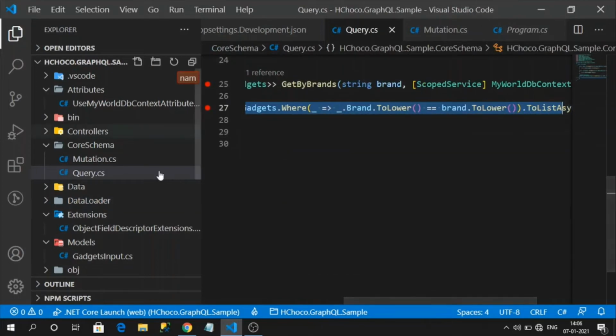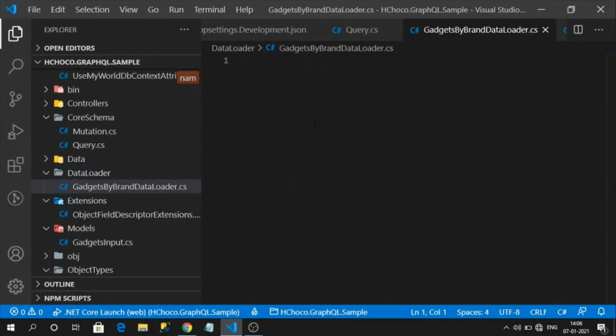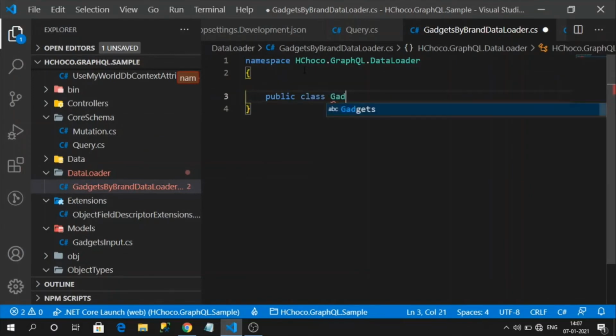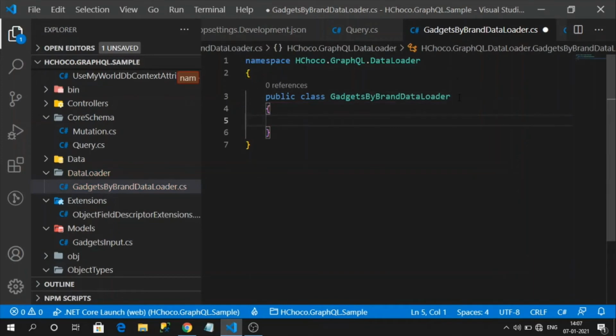So I'm going to name my data loader file with .cs. This is my data loader file. To make this class a data loader,